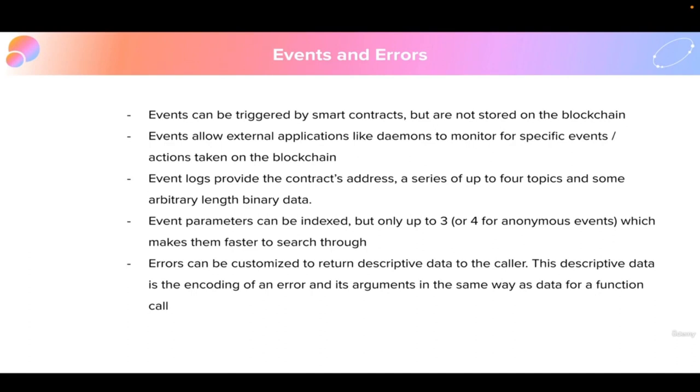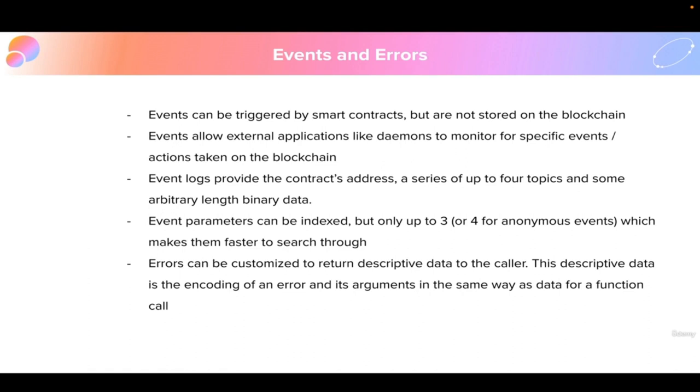In this lesson, we'll take a look at events and errors. Events can be triggered by smart contracts, but they are not stored on the blockchain. Events allow for external applications like daemons or front ends to monitor for specific events/actions taken on the blockchain. Event logs provide the contract address, a series of topics, and some arbitrary length binary data. Event parameters can be indexed, but only up to 3 or 4 for anonymous events, which makes them faster to